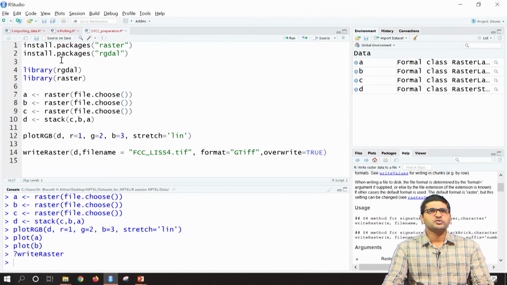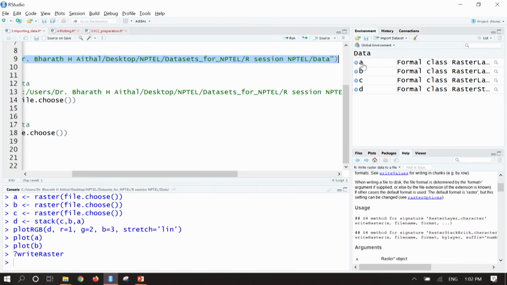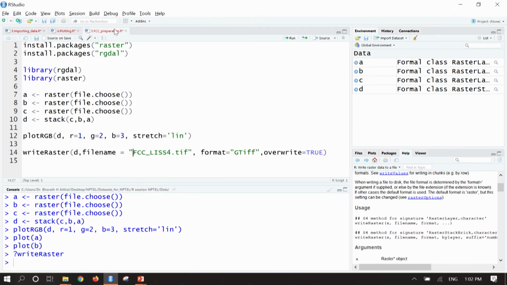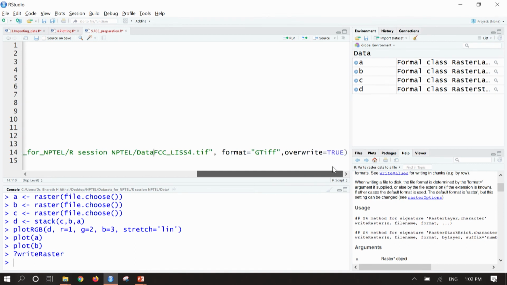Let us go to the path and export it to the data folder. Then go to the R file and mention the path along with the file name. Now under the desktop NPTEL folder under datasets, this file will get saved. I will just run it again.